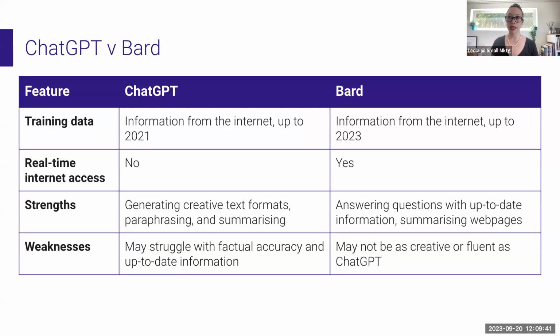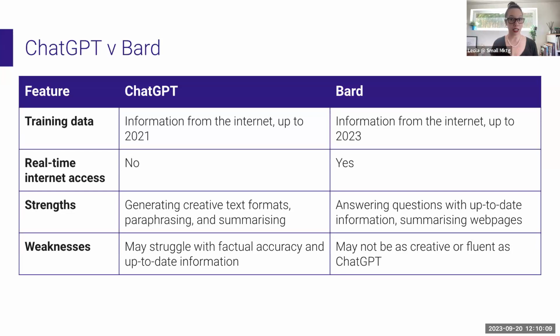Strength, generating creative text formats, paraphrasing and summarizing. ChatGPT, especially the paid version, which is ChatGPT 4, is far more superior than Bard. So the strength for Bard is answering questions with up-to-date information. So that's more about, does it have real-time access to the internet? Weaknesses, ChatGPT, because it only has information up to 2021, may struggle with factual accuracy,